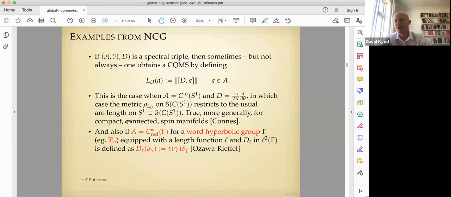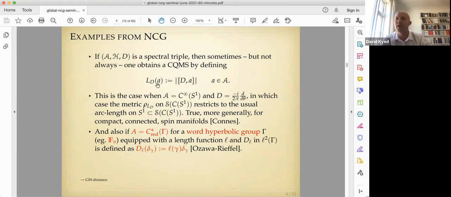So if you start with a hyperbolic group, for instance, a free group, you can look at a finite generating set, and then you can define a length function on the group by simply looking at the smallest length of a word in the generators that can express a given element. So this is a so-called length function on the group, and you can turn this into an unbounded operator in L2 of gamma by simply taking your standard orthonormal basis and then rescaling the basis vectors with the length of the corresponding group element. And this will give you a spectral triple, and this